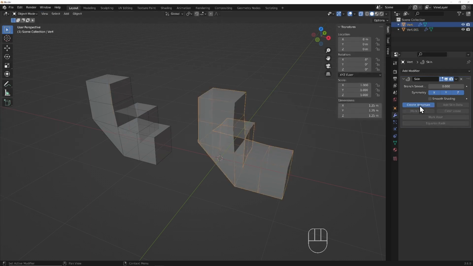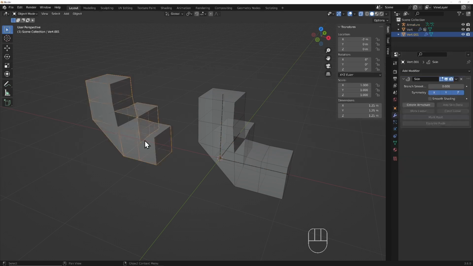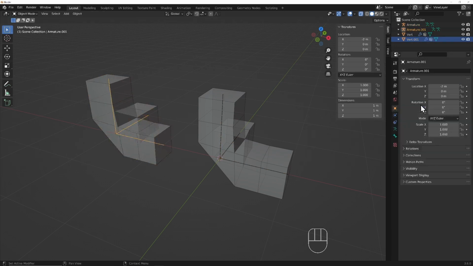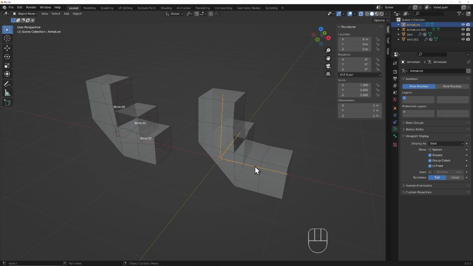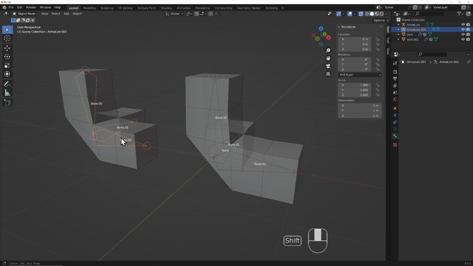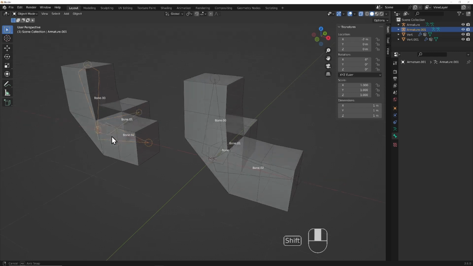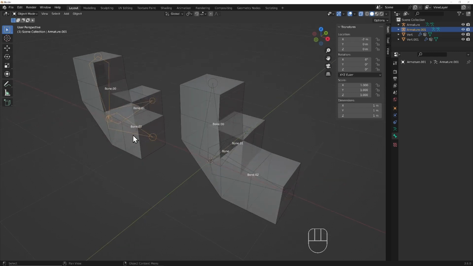Now, I'll create an armature for each. The default display for the new armatures is stick. But to see what's really going on, it's better if we switch this display to octahedron for each of them. I'm going to also enable Show Names. The armature on the left only has 3 bones. It begins where we marked the vertex's root and extends down, then branches out along the X and the Y